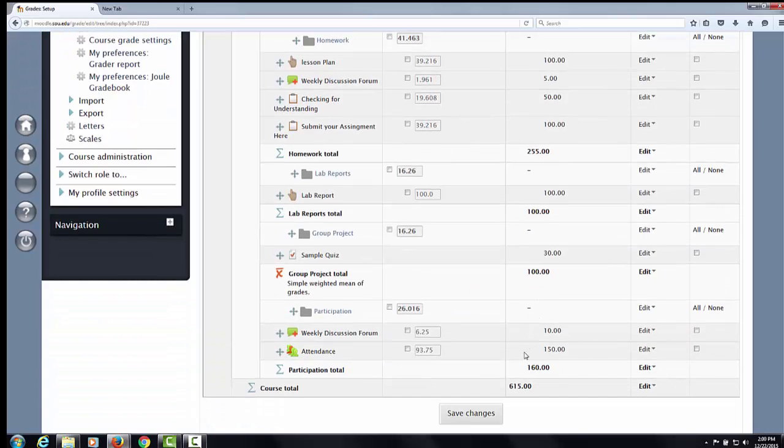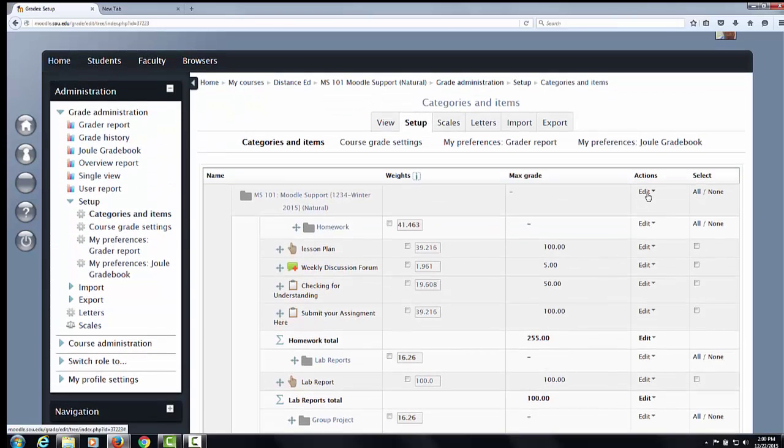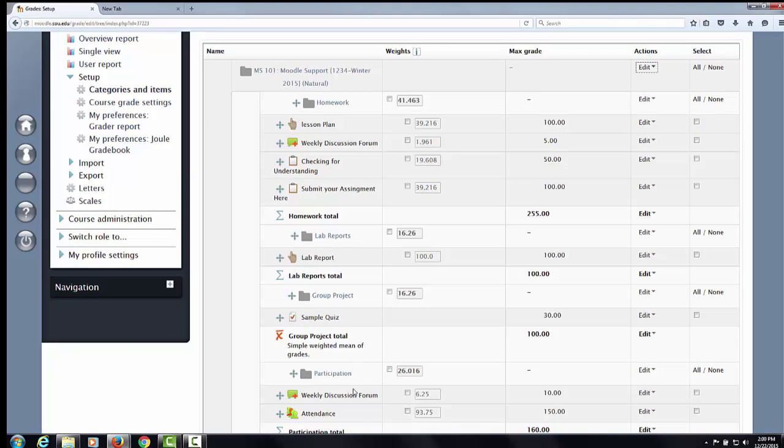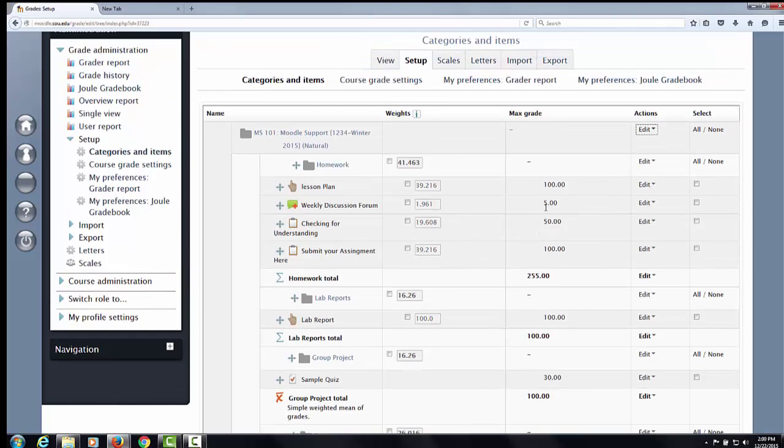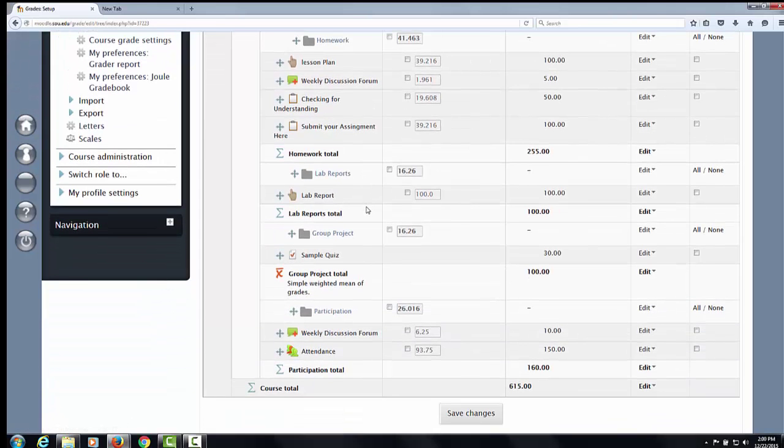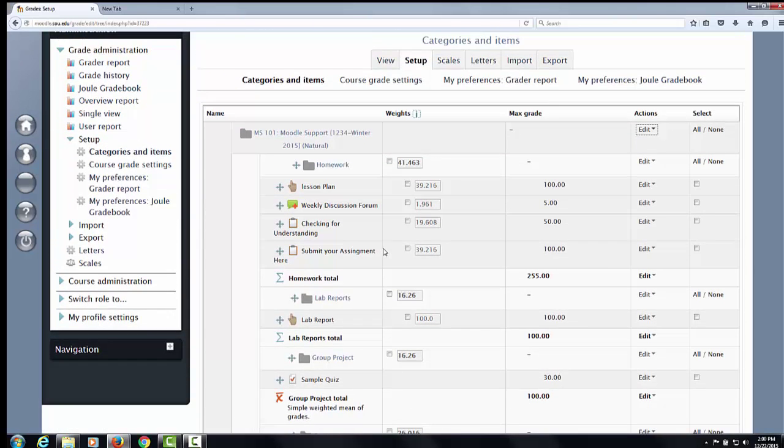It will do basic math for you, adding or removing items if they become extra credit or as assignments are added, as long as you remember to, at the course level, choose the Reset Weights option. Again, you want all grade aggregation methods within the class to be the same thing, and I do recommend having extra credit within the category it's going to be used, not floating off at the bottom of the page. This is a very simple, easy way to do your grades.